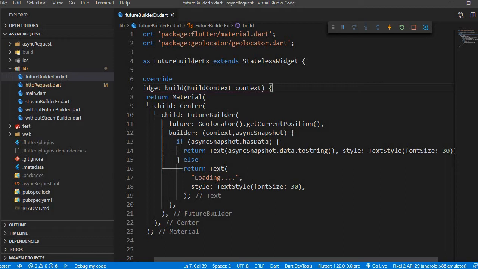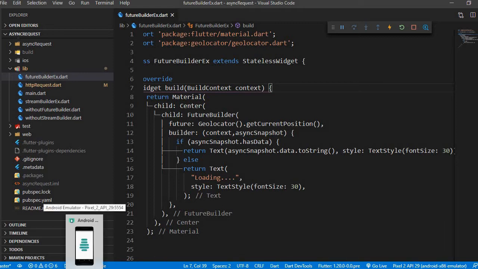So it doesn't call the build method. It just calls this version of, I think it's an inherited widget, so it doesn't do that kind of stuff, calling the build method again and again. And so let's start